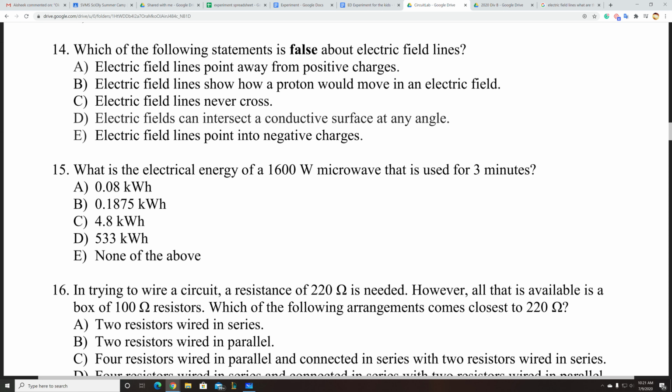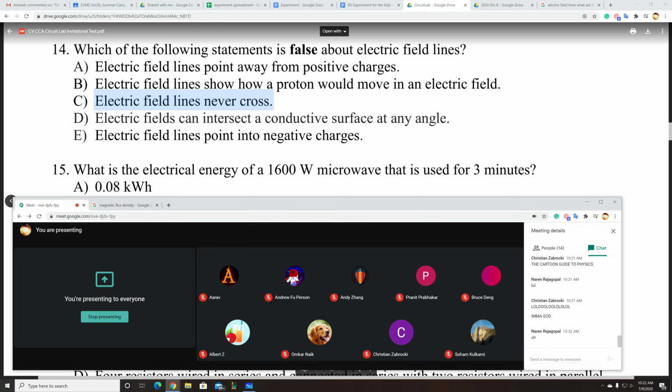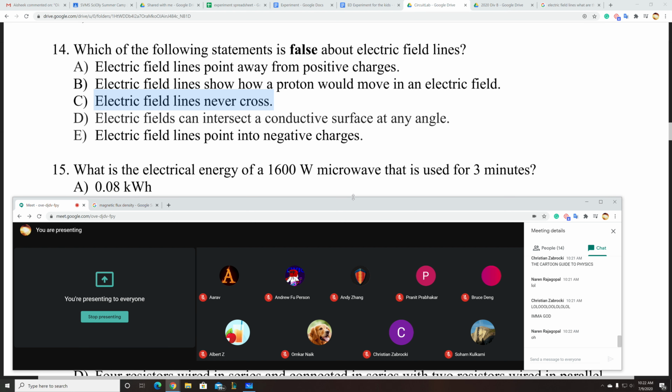Wait a sec. I'm wrong. It's not B. A proton can move in an electric field. It's C. The reason why it's C is because the electric lines can cross. They can cross because